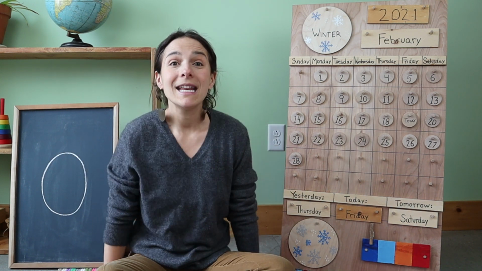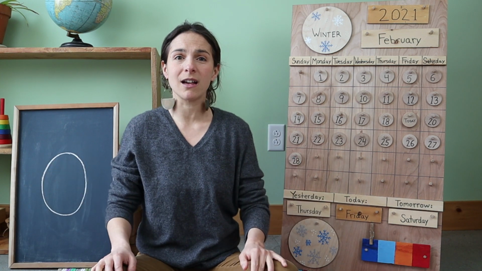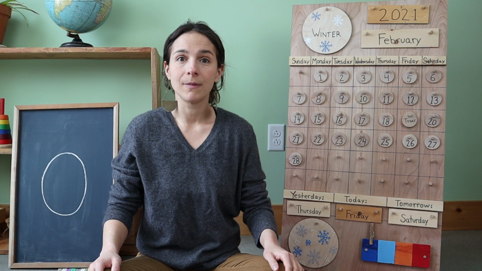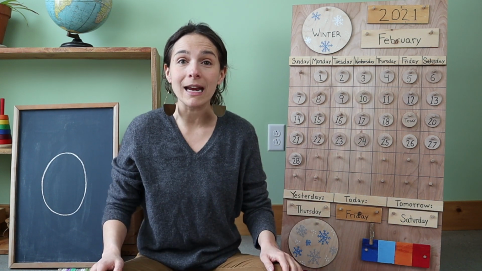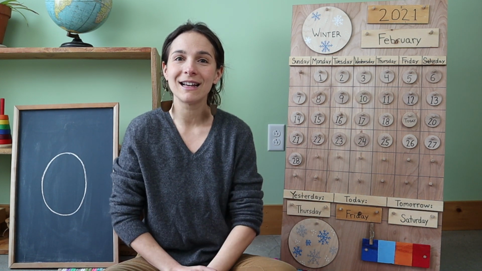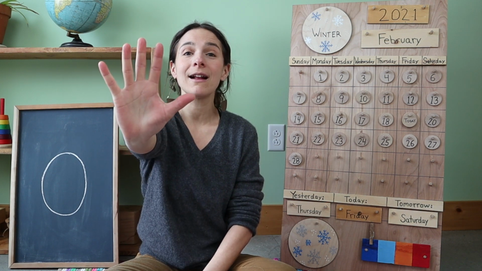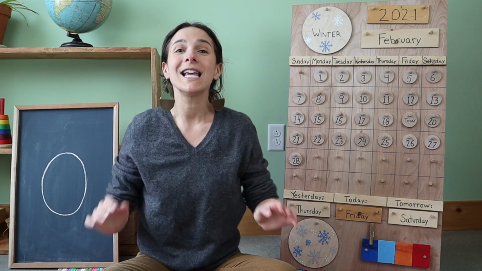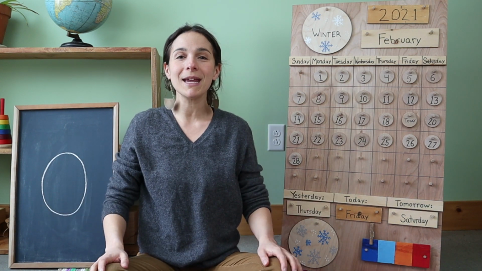All right, everyone, now it's time to sing the Days of the Week song. How many fingers should I hold up for this song? 7, that's right. Can you show me 7 fingers? Let's start with one hand. There's 5 fingers. And 2 more make 7. If you know the words, sing along with me.